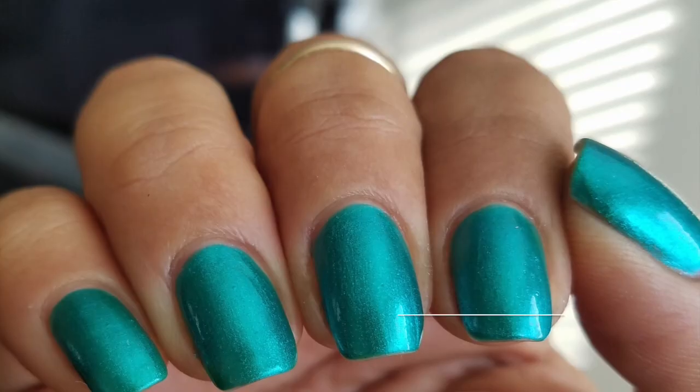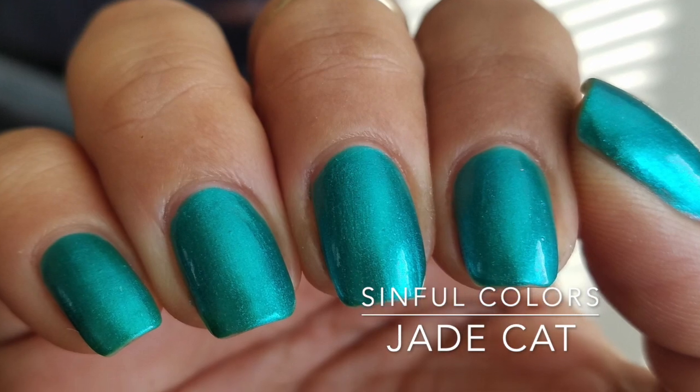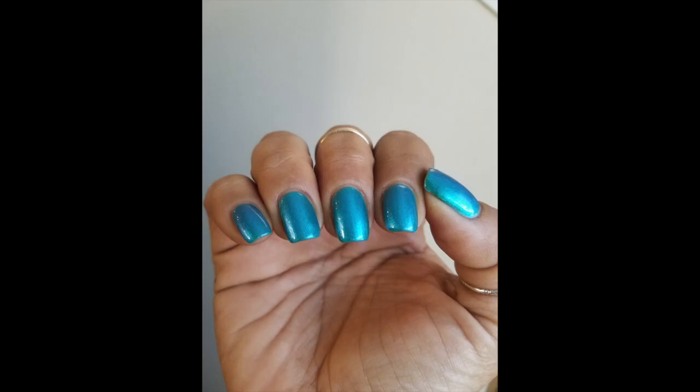Let's see, the last 2 polishes are these 2, more on the teal side. This one I was wearing in, I think, my most worn polishes video. I'm telling you, it's been a while since I've made one of these videos. Jade Cat, it is a stainer, but this color is so freaking beautiful. I mean, you can't argue with me. And it looks like a blue light on my nails. I hope I took a picture of it. I'll link the video where I was wearing it so you guys can see it live,